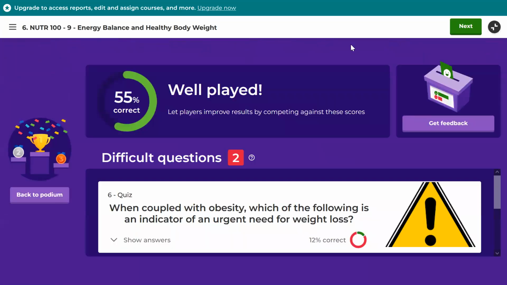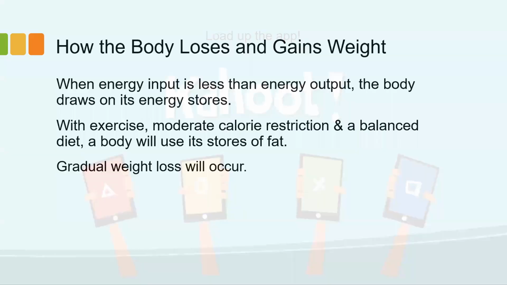Okay, so let me just see where we are with the time. Okay, so we're doing okay. Still a little bit of time left here to cover a few other things. And I want to talk a little bit more about obesity and losing and gaining weight and some of the physiological stuff around this. So like I said, we know for sure that if we look at our energy input and output, if there's an imbalance, then you're going to be gaining or losing weight.